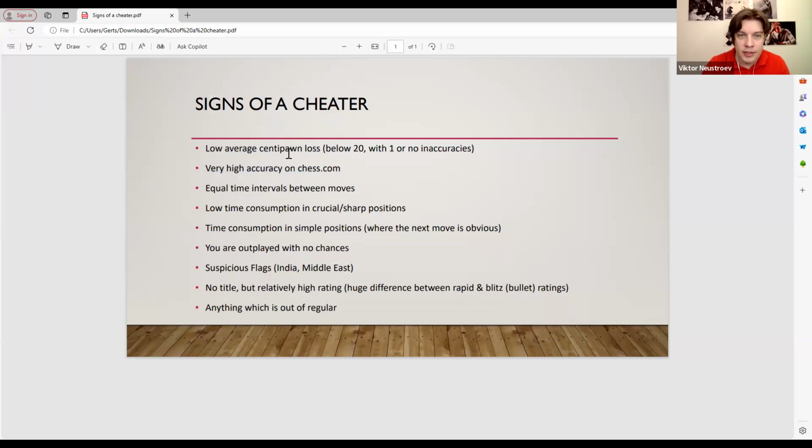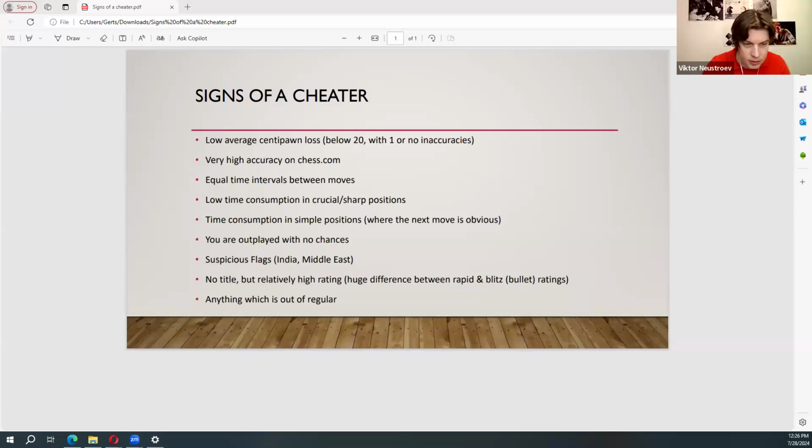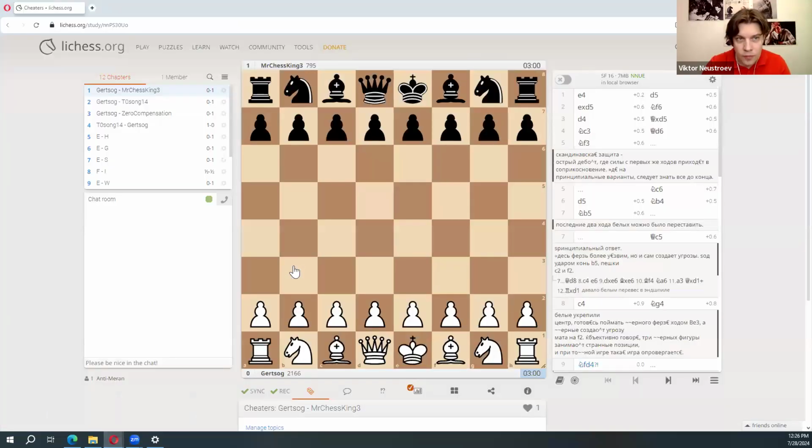So what is a low average centipawn loss? Okay, let me explain, and we are going to start with it actually. Let me share the screen once again. For example, my game, well, I've commented it in Russian, but it's not important.